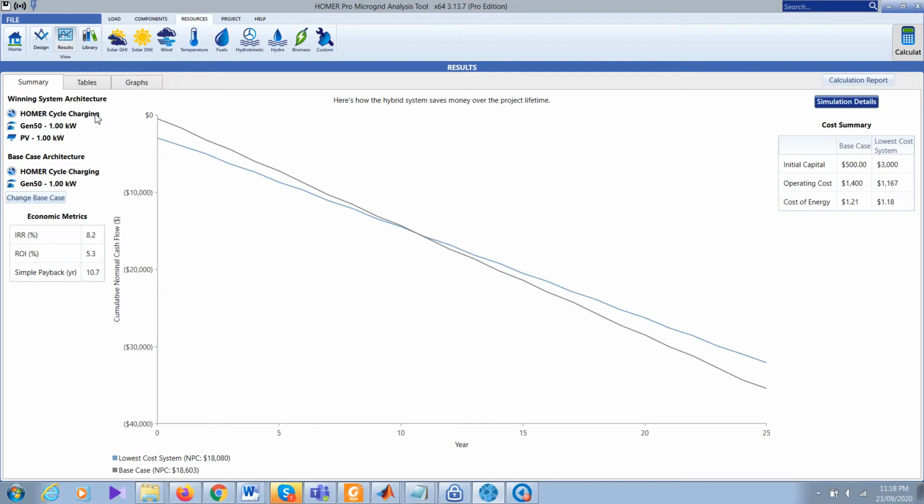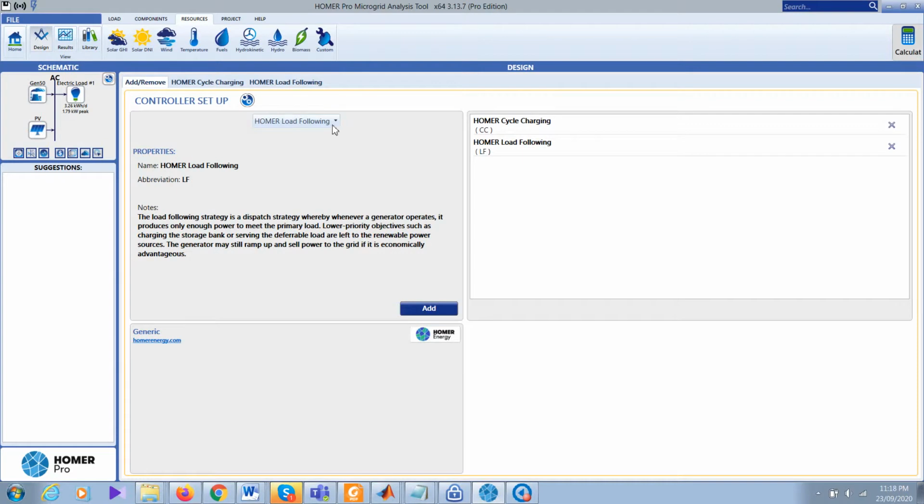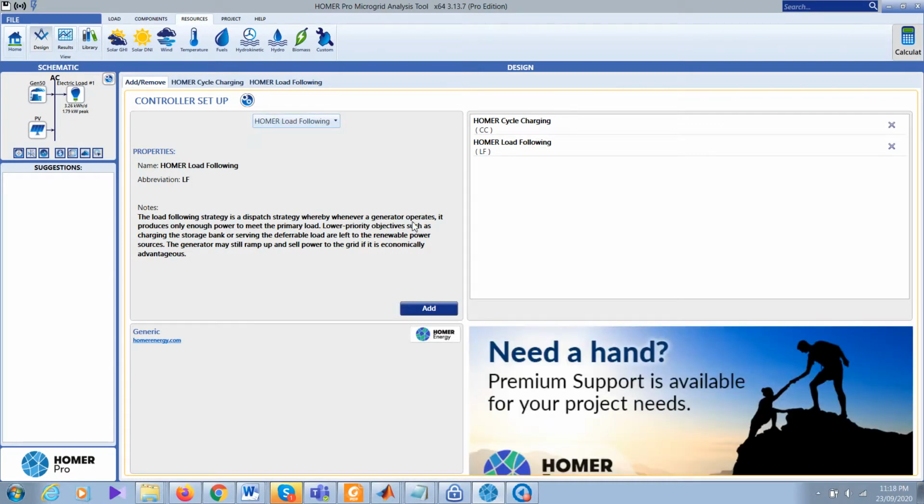So I will explain to you in my next session the optimal sizing and dispatch strategies. For this analysis it is choosing HOMER cycle charging, but you'll have plenty of options on the top right-hand side, the microgrid controller. So you will have 4 of them, and in fact 6 of them. 4 of them are very popular, and I will explain in brief in later sessions about the dispatch strategy in HOMER. So from the results, what we are getting,